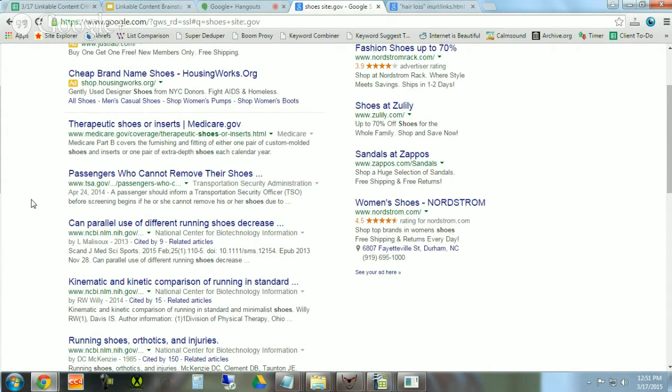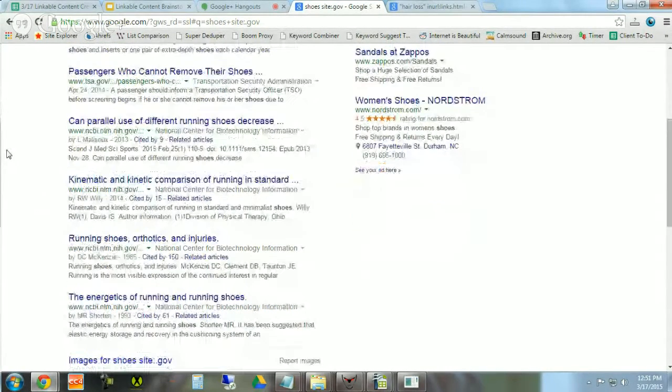And when medical intersects with something, as a person who's hunting for linkable topics, that's a green light. That's a dig deeper here. Oh, this is interesting. Parallel use of different running shoes decrease, we don't know what. I do want to find out, but